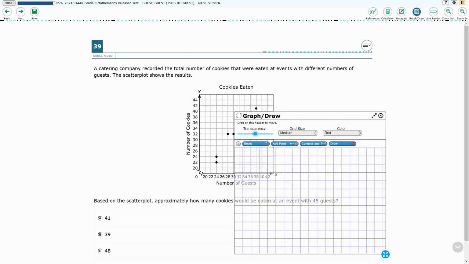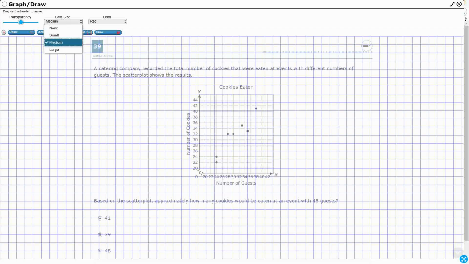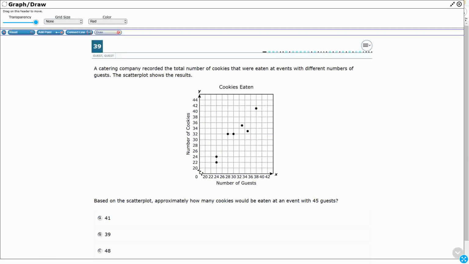This is 8.5D, and what we have here is a catering company. We got a little scenario with that catering company. We're going to record the total number of cookies that are eaten at events. And I'm looking at my scatter plot here. I'm looking at 45. All right, so 45 happens to be, if I'm looking at my x value, right? Guests is my x value. So 40, 42, so there's 44. So it's going to be a hair off the actual